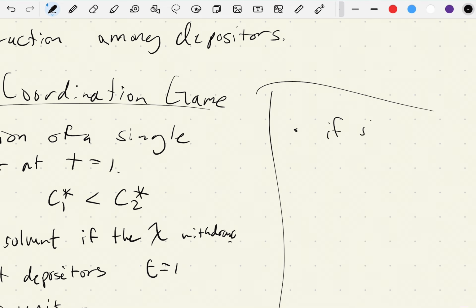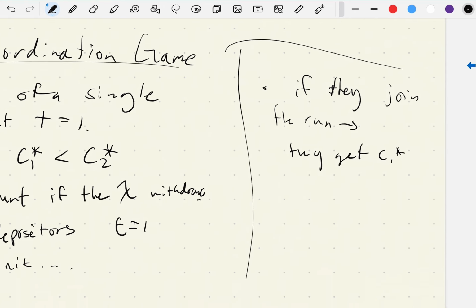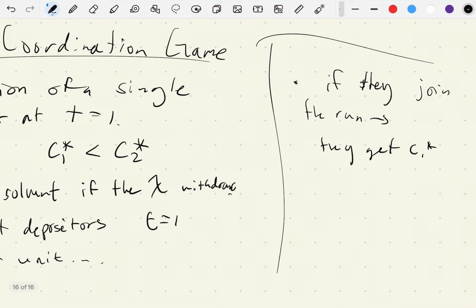The condition is that the payoff, if she joins the run, they get C1 star, okay? They get that iterated consumption that they want, provided she gets to the bank before it runs out of assets, okay? Her payoff, though, if she waits,